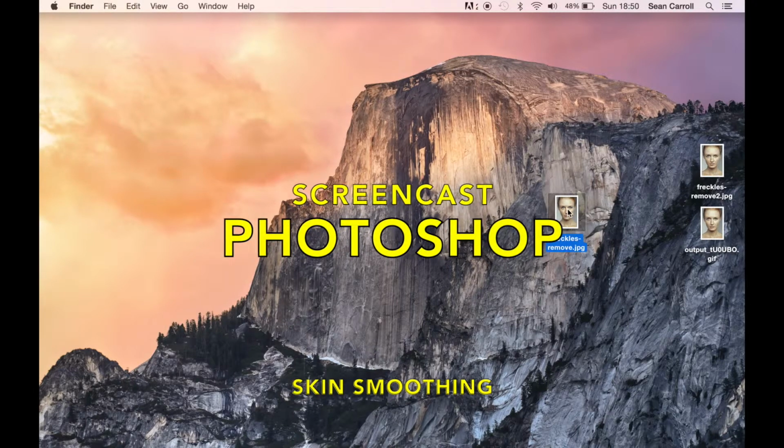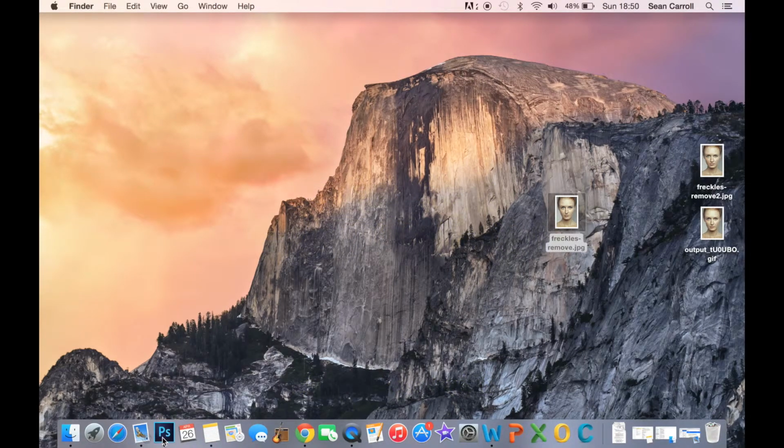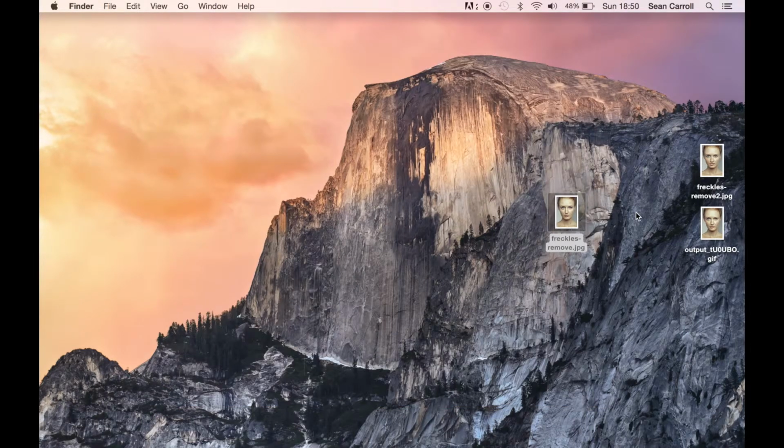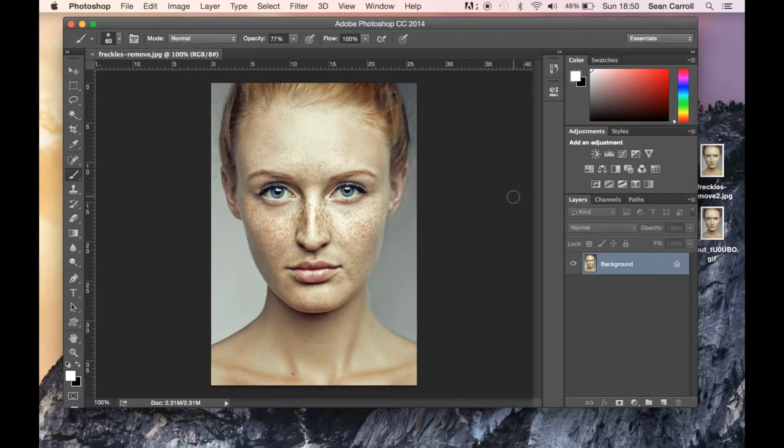Today I'm going to show you how to do a skin smoothing technique on Photoshop. I'm just going to be using this image over here, and I'm going to open that up in Photoshop. As you'll see, this model has got quite a lot of freckles. So today we're going to get rid of these freckles while leaving some skin texture by using this skin smoothing